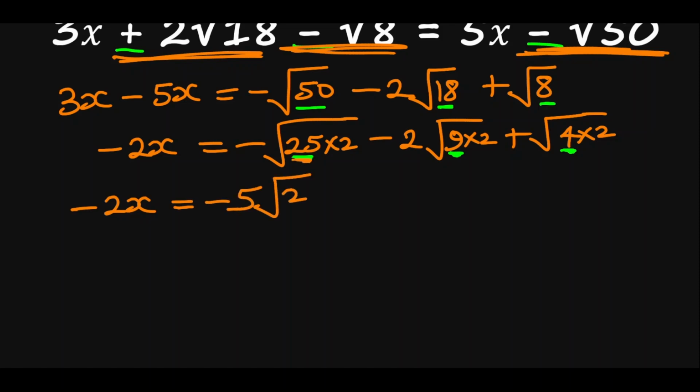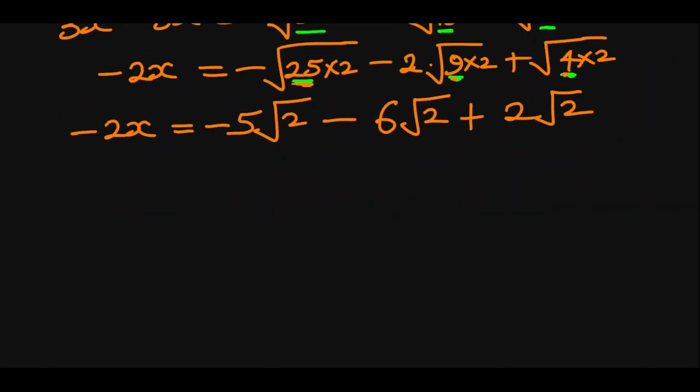That is, the root 25 becomes 5 by coming out of the root. Same thing here, 9 will become 3 when it comes out of the root. So 3 multiplied by this 2 will give us 6. So 6 root 2, plus, same thing here, 4 becomes 2 when it leaves the root. So 2 root 2. This now gives us minus 2x is equal to...